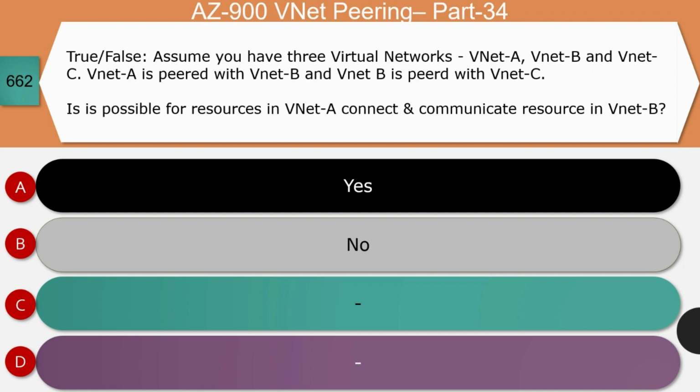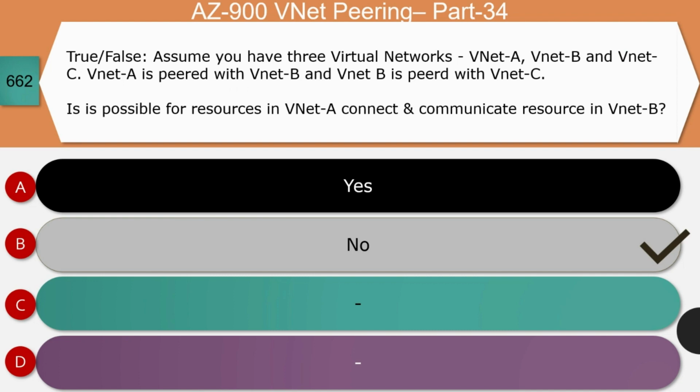Next question, true or false? Assume you have three virtual networks, VNet A, VNet B, and VNet C. VNet A is paired with VNet B, and VNet B is paired with VNet C. Is it possible for resources in VNet A to connect and communicate with resources in VNet C? Is it true or false, or yes or no? The right answer for this question is no. Resources in VNet A cannot communicate with the resources in VNet C directly, and that is one of the issues